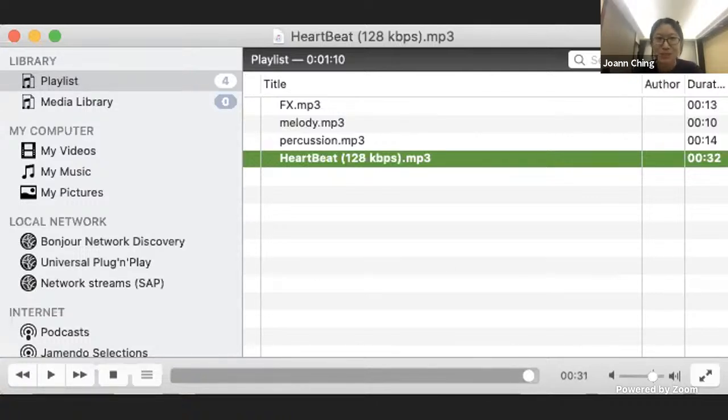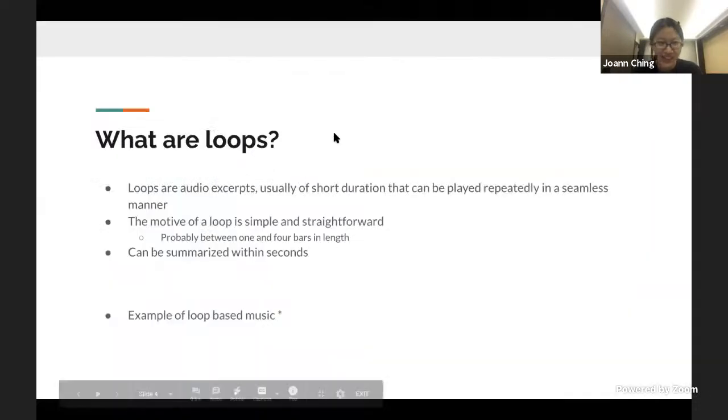Yeah, so hopefully you get what loop-based music sounds like. Okay, so